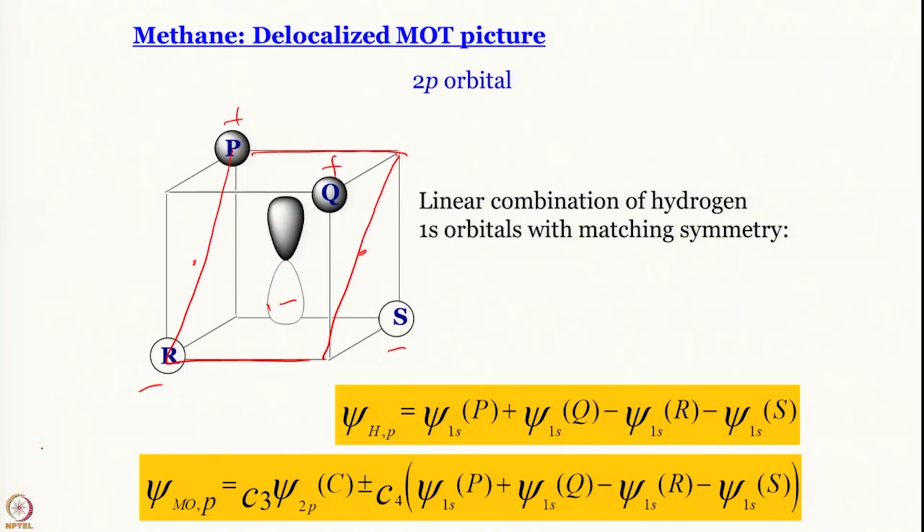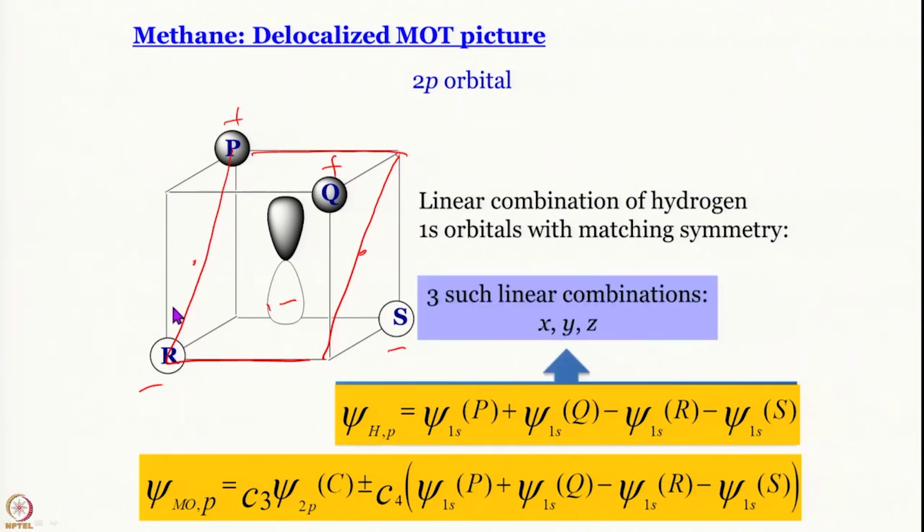So, with respect to this plane, what happens to this linear combination PQRS? Q goes to S and P and R remain in the same position. So, it changes. So, there will be symmetry operations which will change the sign of this linear combination. So, it will be symmetric with respect to some, it will be antisymmetric with respect to some. So, behavior in response to symmetry operations is not the same for 2s and 2p orbitals, they have different symmetries,